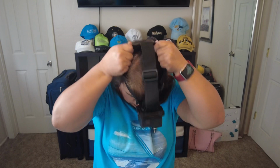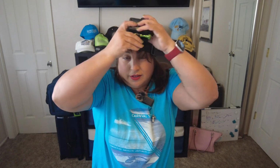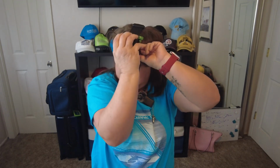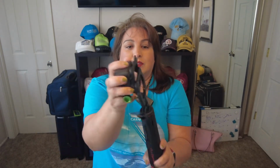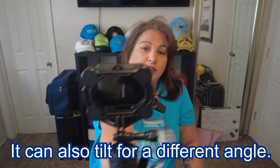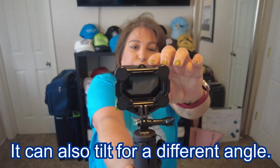Then say you want to move it over to a different type of device, like maybe a head strap, you could use this locking mechanism one, put it on, and it's ready to go. Then you could take it off. Put it back on your mount. And it is open in the back, so you're able to